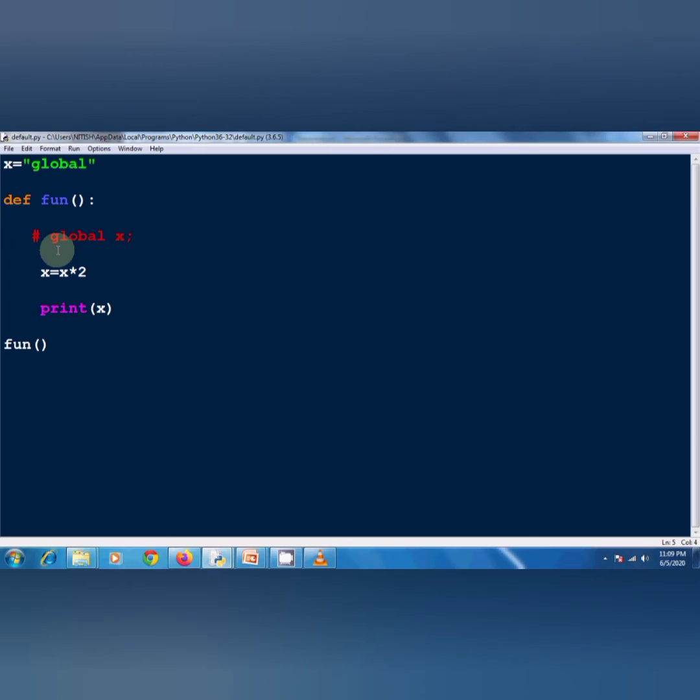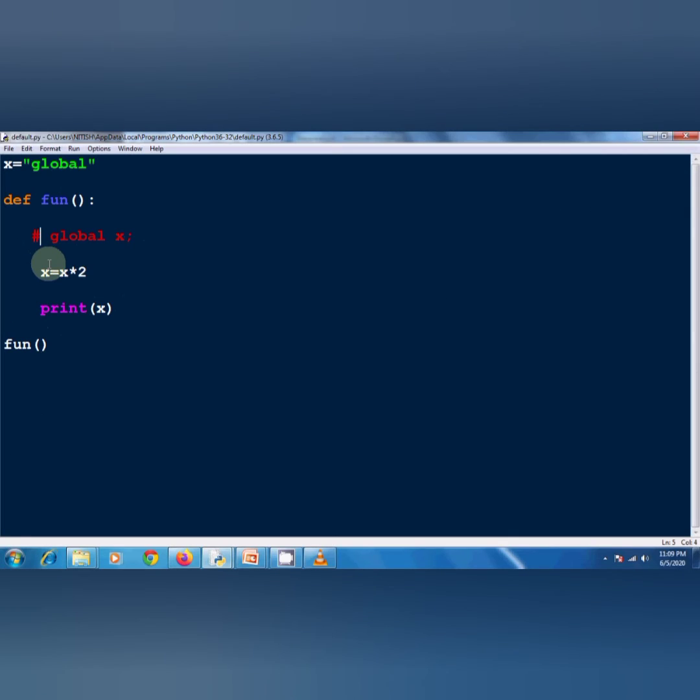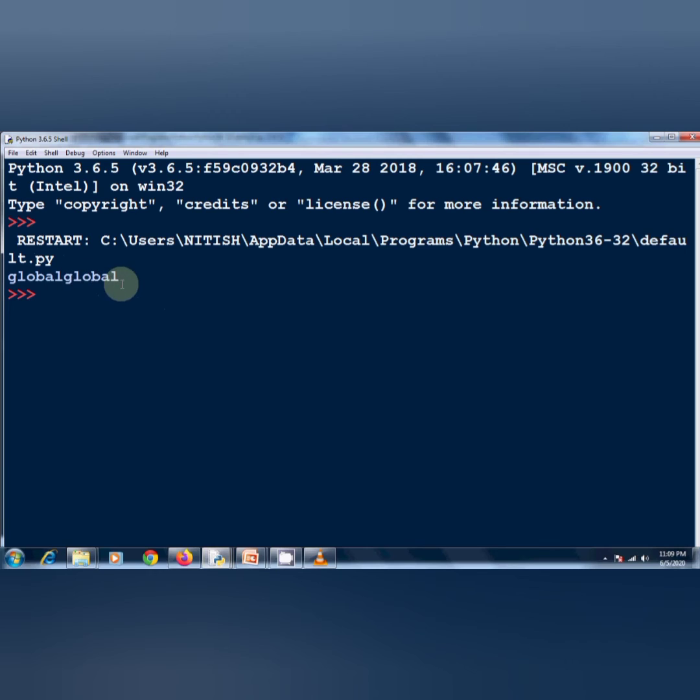See, without using the global keyword it will generate an error. Now with the use of the global keyword it will produce the output "global" 2 times, because we have multiplied it, replicating that string 2 times.